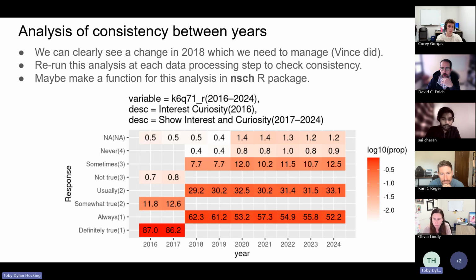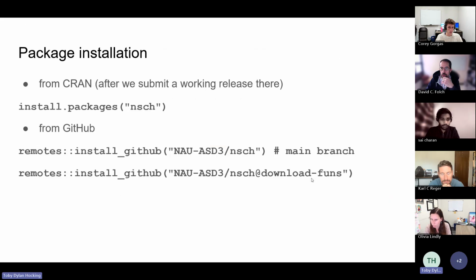Okay. Yeah, the entries of the matrix are the percentages. I didn't mention that. Anyway, so the idea would be to make some different functions for doing these different kinds of data processing and checking operations in the R package. And so what do we do with the R package? To install it, we would do install.packages NSCH after we put it on CRAN, but it's not on CRAN yet. So to install it, you would have to do